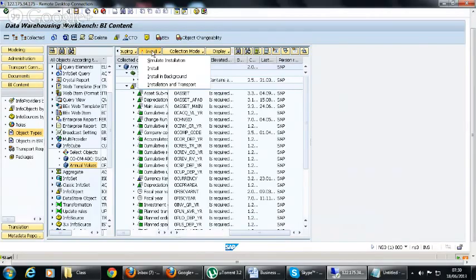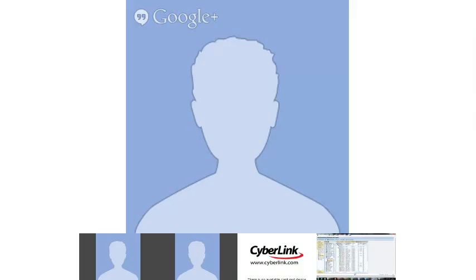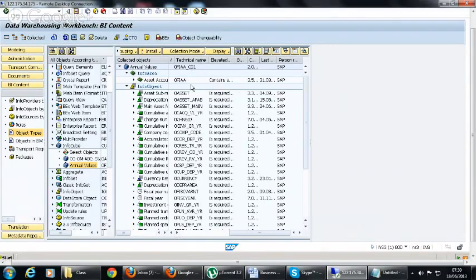Now we have seen grouping, we have seen collection mode, and we have seen display. We have two types of display, and hierarchy mode is the default one. And we have the install button.